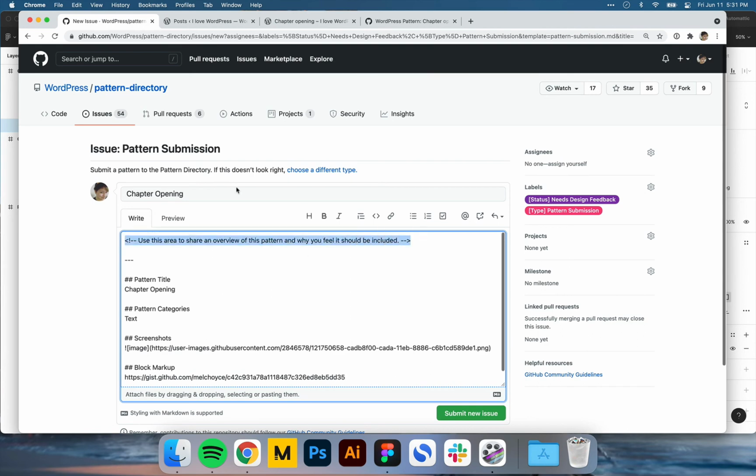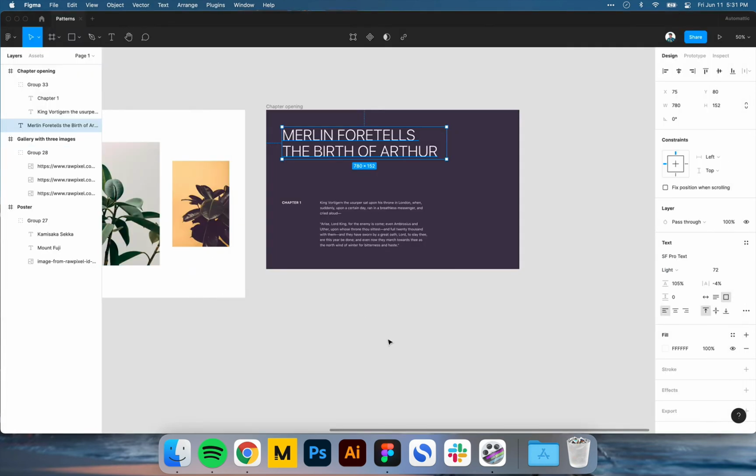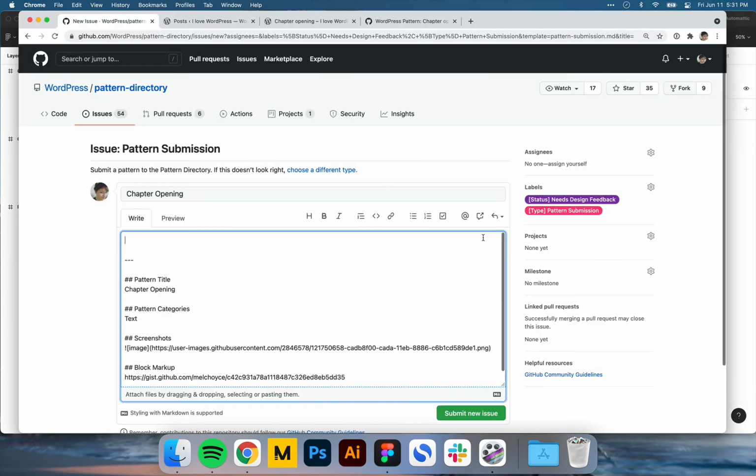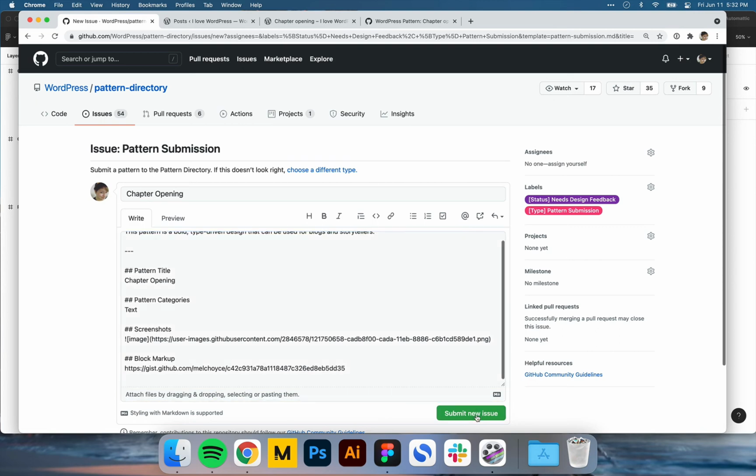And then why should it be included? Okay, so I'm just going to say this pattern is a bold type-driven design that can be used for blogs and storytellers. And so I will submit this issue.